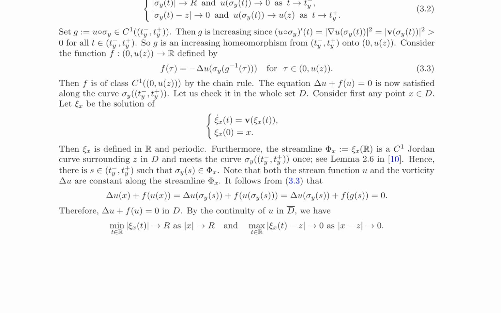This proposition is crucial for the proof of the Liouville theorem, as it allows the authors to deduce that the stream function is constant along any streamline of the flow and that the vorticity is uniformly continuous in the disk. The second auxiliary result, proposition 3.2, is about the symmetry of solutions to semilinear elliptic equations with a continuous nonlinearity